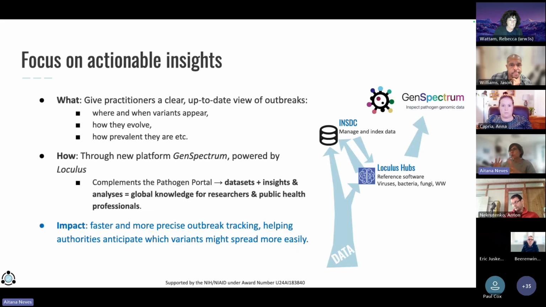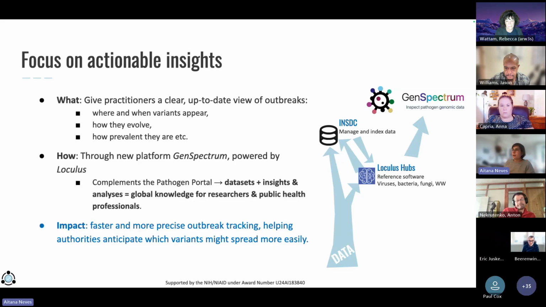So just to try to explain a bit more, what we will be trying to do is to really focus now on actionable insights, to give practitioners a clear, up-to-date view of outbreaks. Basically, through the tool Gene Spectrum, which is a platform that allows, for specific viruses for now, but we will be extending that to additional pathogens, bacteria, fungi, to be able to really follow specific variants and mutations of interest